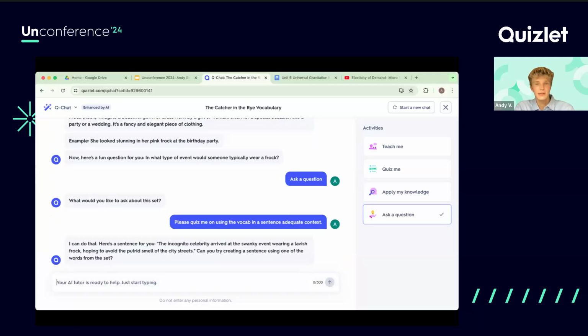Then it'll ask me, here's a sentence. The incognito celebrity arrived at the swanky event wearing a lavish frock, hoping to avoid the putrid smell. So it used almost all the words in my set. Can you try creating a sentence using one of the words from the set? So let's say